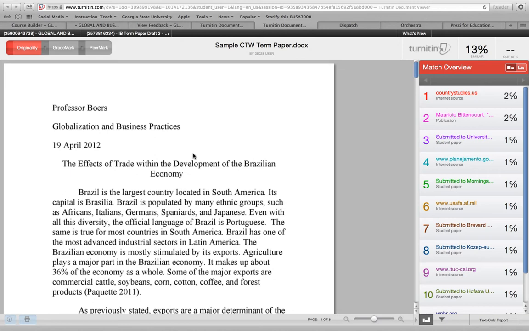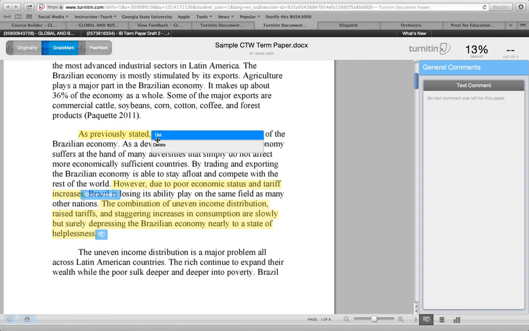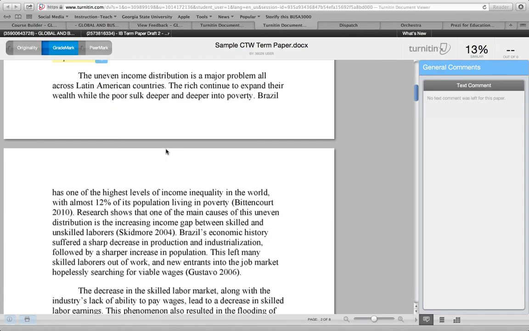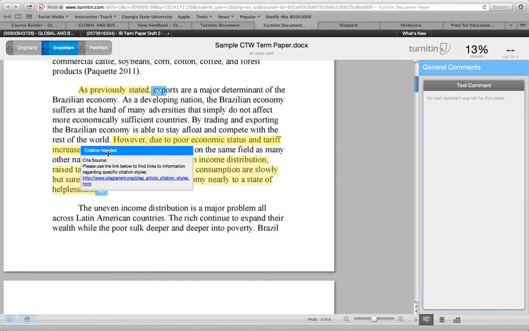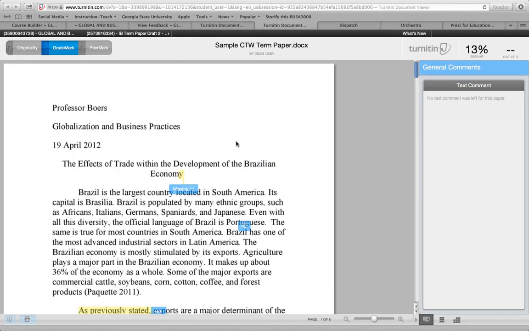In terms of feedback that we may have provided in your paper, you may want to click on GradeMark. GradeMark will list any feedback we provided in markup on the document. So here you see there's some missing punctuation. There is a suggestion here that you may want to delete that phrase because it's really not necessary. Here is a problem with citation, and it suggests where you can get some information on specific citation formats, and some comments. Here I'm asking if this is the thesis. It appears to be a thesis, but it's not one of the assigned topics. So you may find some feedback on your paper provided in